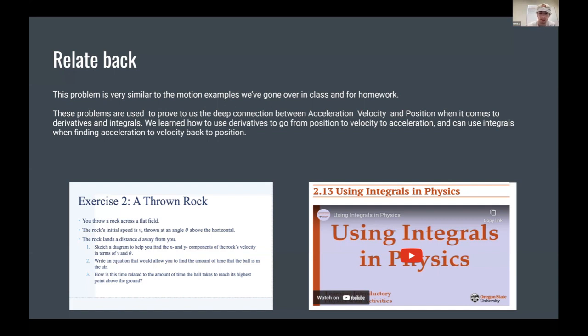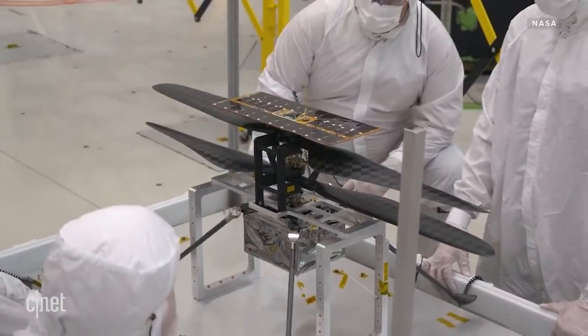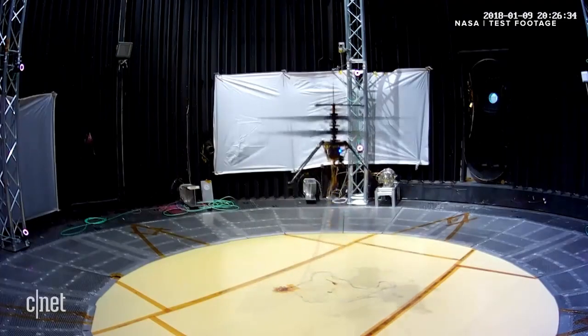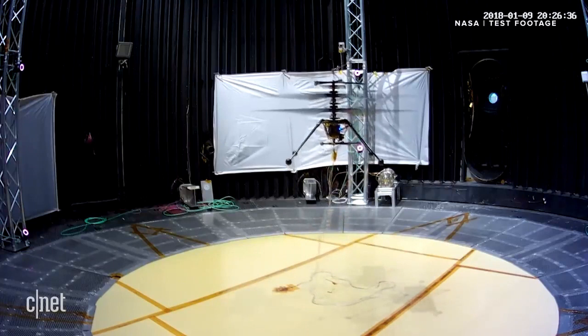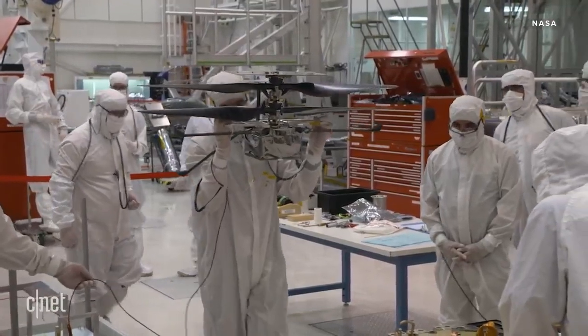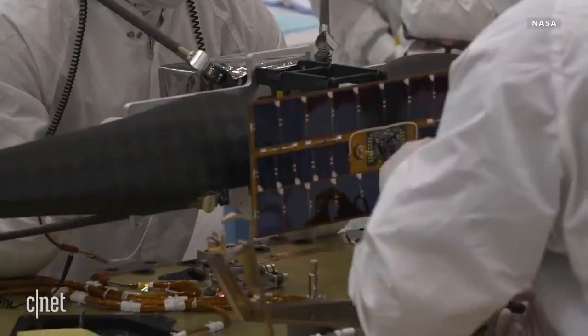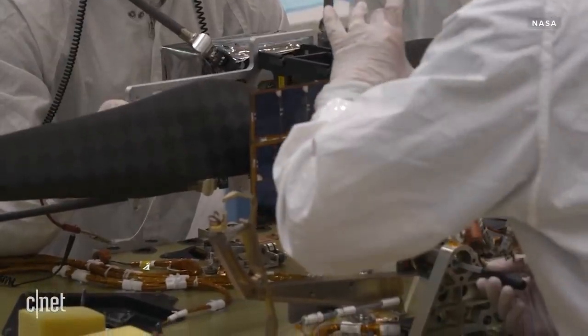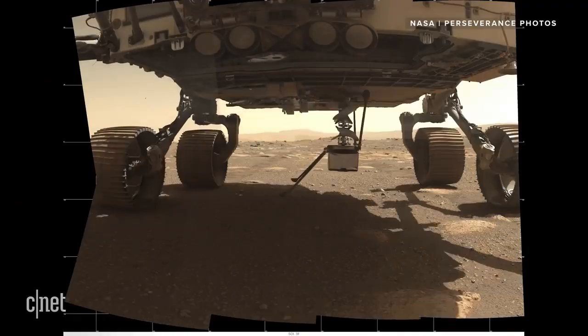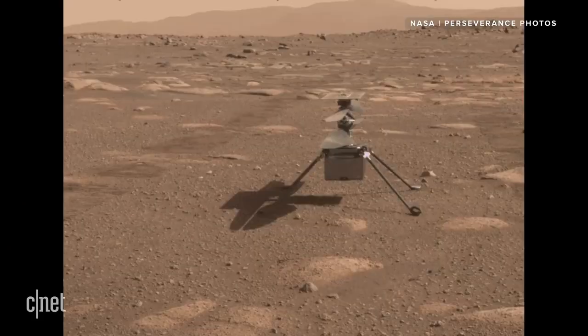They need to spin at more than 2,500 RPM to actually lift the helicopter off the ground. Ingenuity also needed to be incredibly light. The entire body, including the solar panel, batteries, computers, rotor blades, and landing gear, had to come in at 1,800 grams, or less than 4 pounds. According to the project lead for Ingenuity, Mimi Young,